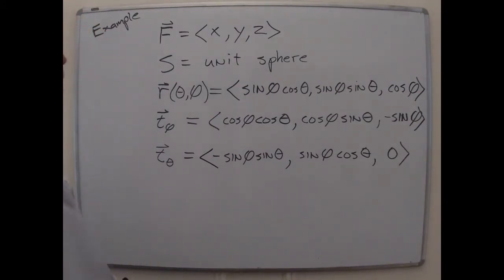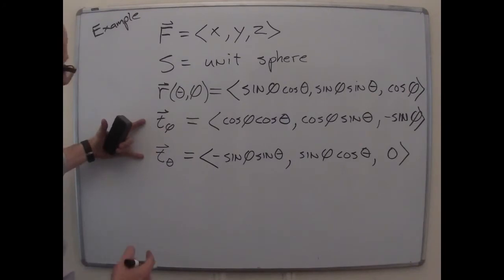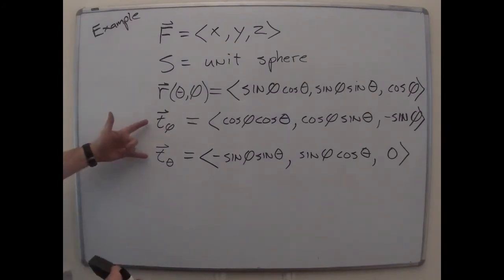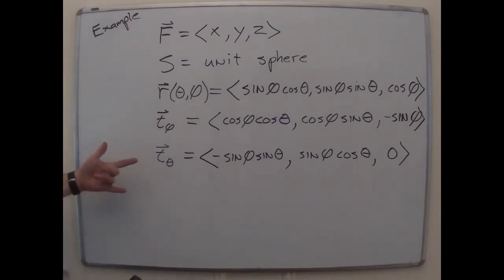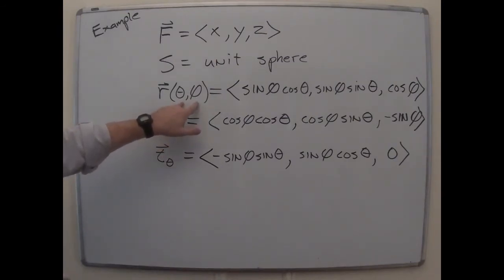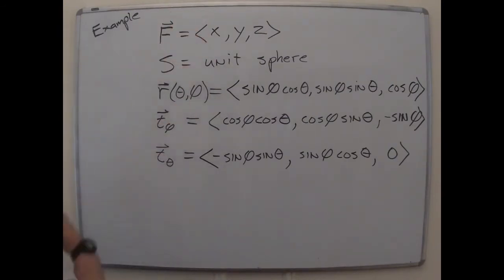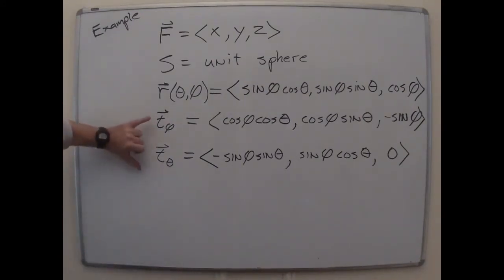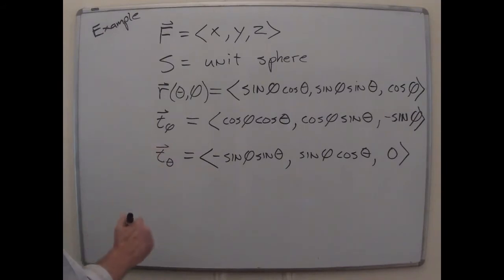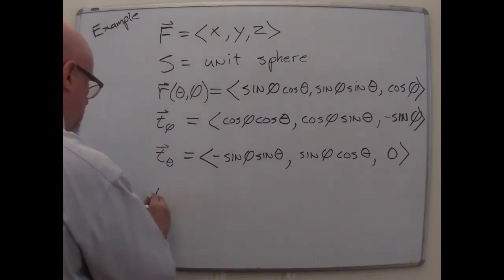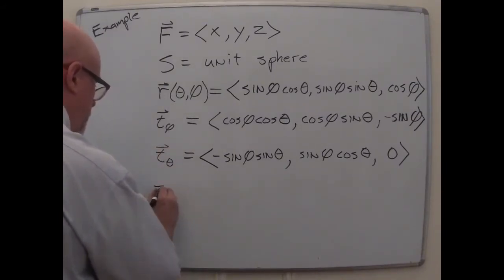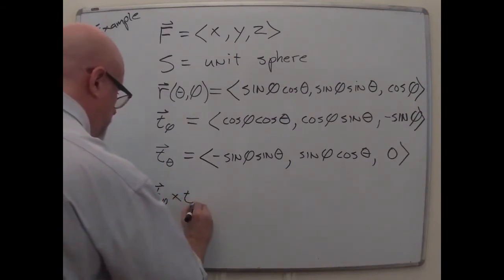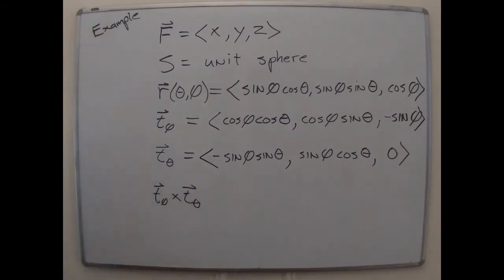All right, so there's two ways to think about this. We're either getting the factor that gives us the translation between area in the theta phi world and area in the surface of the sphere, which is the length of the cross product. Or you can think directly about the cross product as getting you a normal vector, a normal vector whose length is that factor. So in any case, we want to know what is the cross product of t phi and t theta, whichever way we decide to handle that.